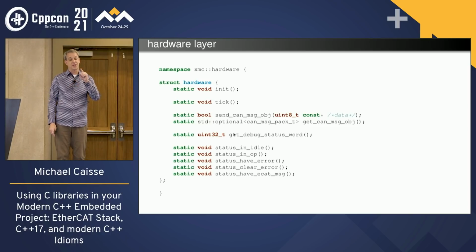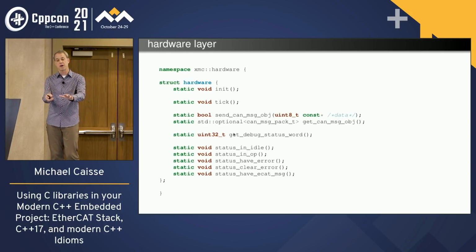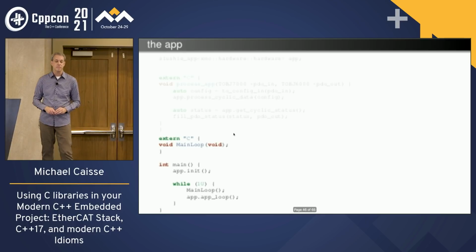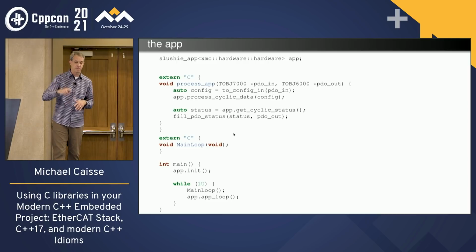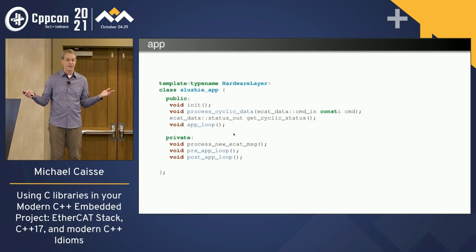We ended up actually specializing hardware based upon, again, another thing. So this is another template parameter, and we just had some pins that were well-defined for the problem we were solving at hand. Okay, so we had a couple of these where we have the app loop, and we had this get cycle status and process cycle data. Those are our main things that we needed. And so as you can imagine, the app has those, and it doesn't really have a whole lot else that it needs to do. That's the interface at the application level.